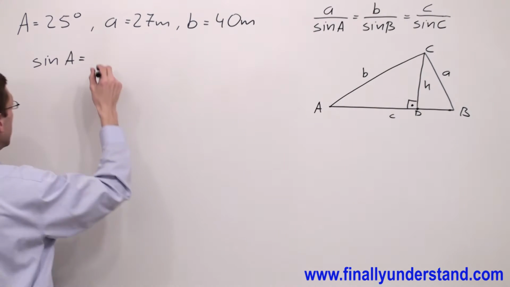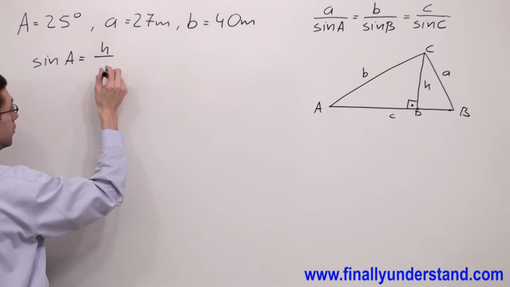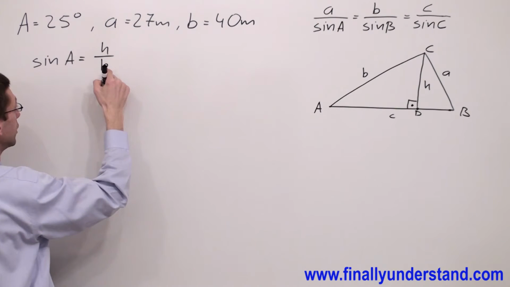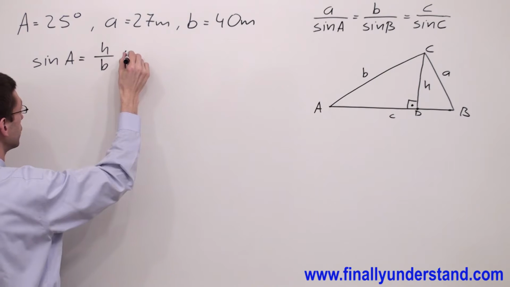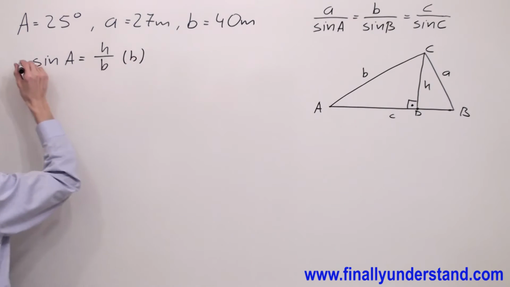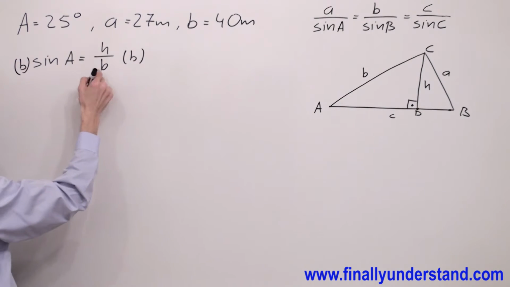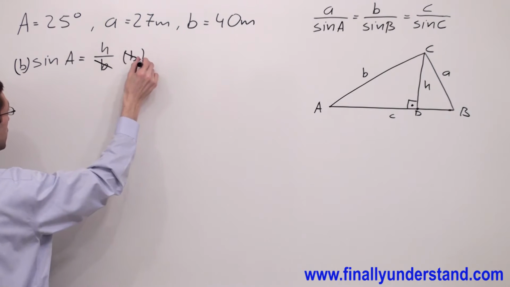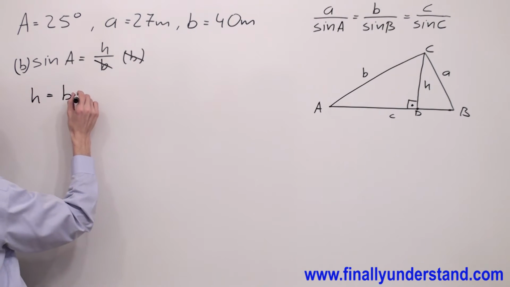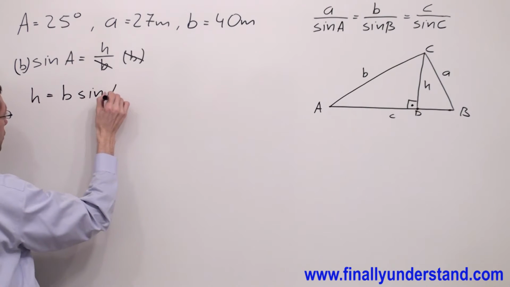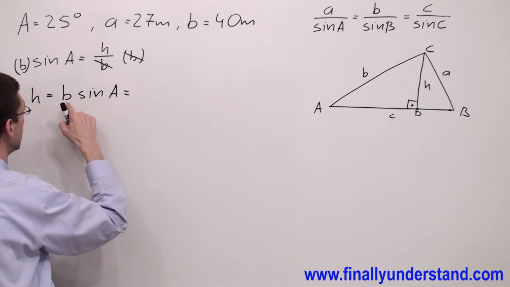So I have H over B. In order to find the length of H, I'm supposed to multiply both sides of the equation by B. I have to eliminate the fraction. So B and B will cancel out, and I have H is equal to B times sine of angle A,